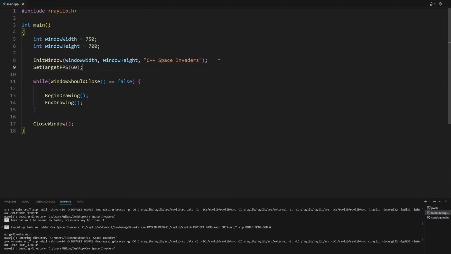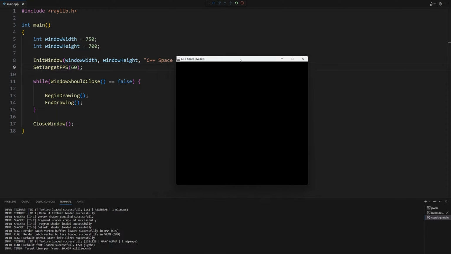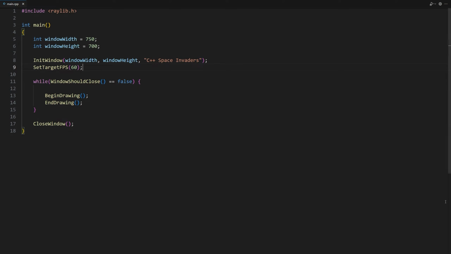If we run the game at this point, we won't see anything inside the game window because we haven't drawn anything yet. But the important thing is that we can see the game window with the title and the dimensions we defined, and that we can reliably close the game by clicking on this X icon here, or the escape button on the keyboard. Cool, but the game window is black. Let's give it a dark gray color.